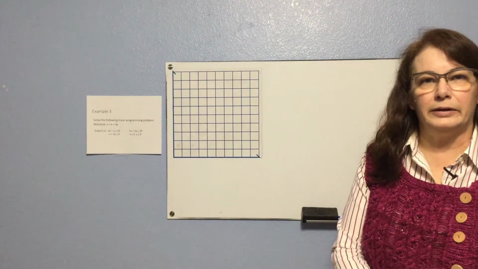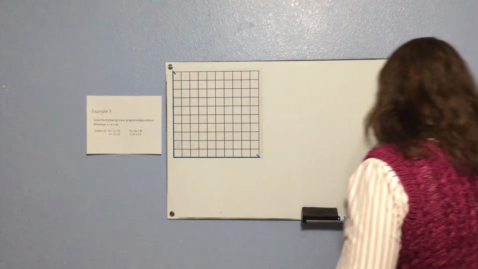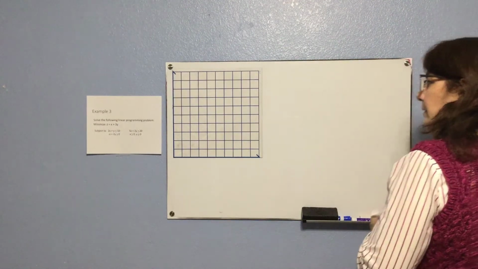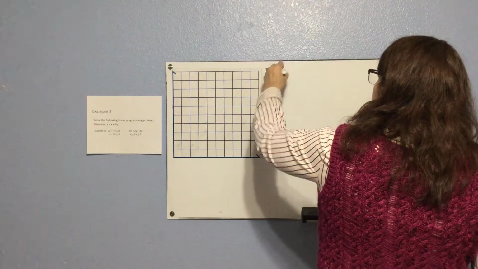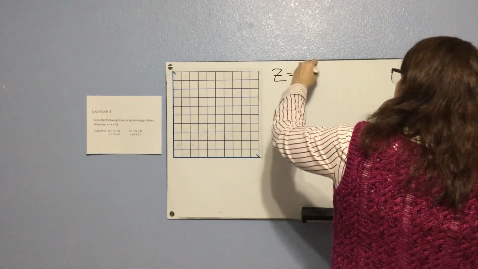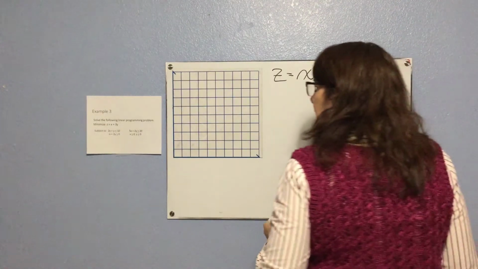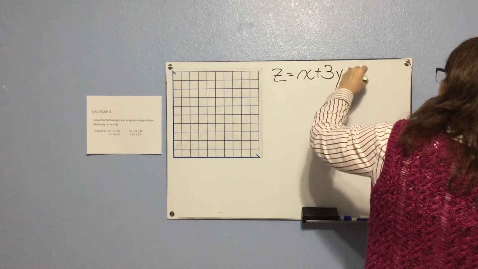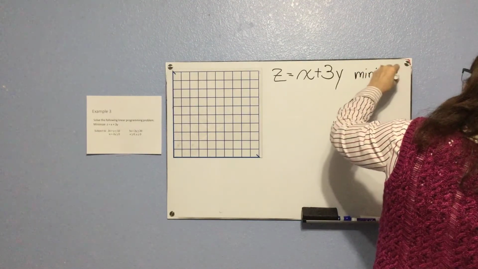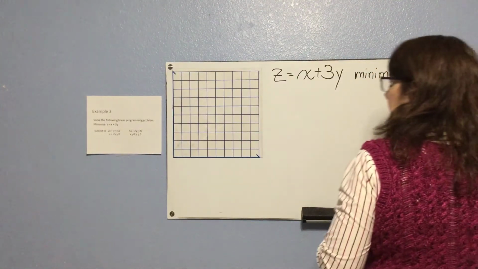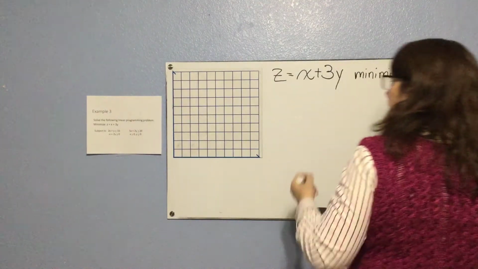Let's work another linear programming problem all the way through. We're going to start with our objective function, z equals x plus 3y. And this time I want to minimize. Okay, and my constraints are